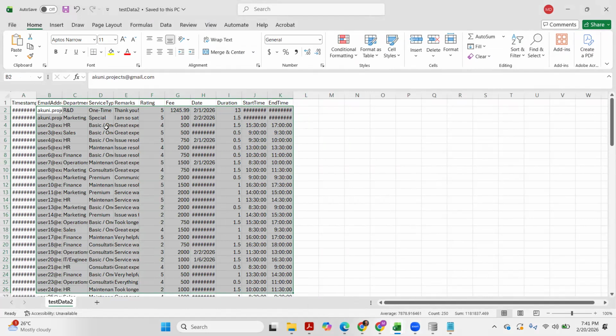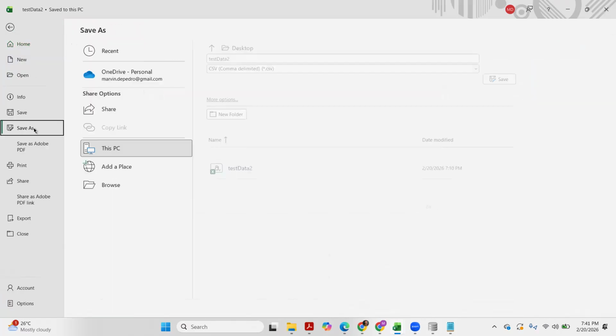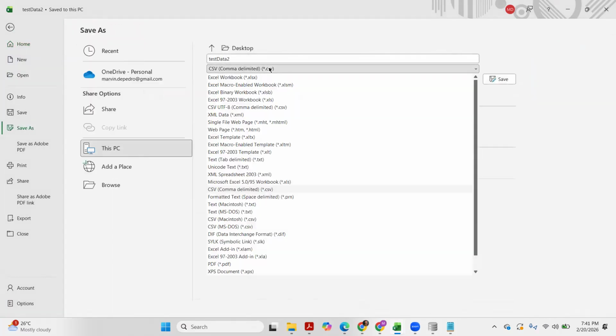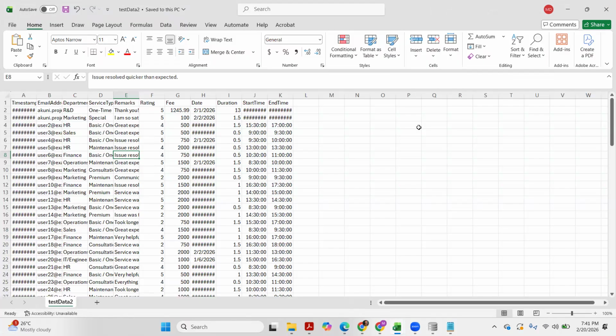So what we're going to do is save this as an Excel file instead. Excel workbook, and then save. It depends on your location. Of course, I'm not going to do that because it will overwrite my existing file.